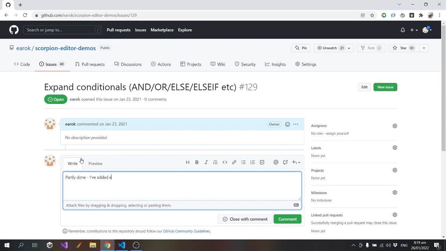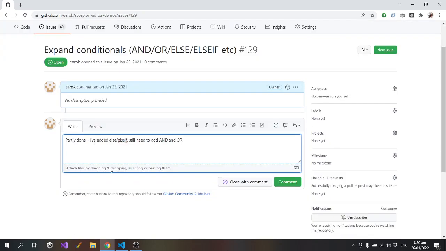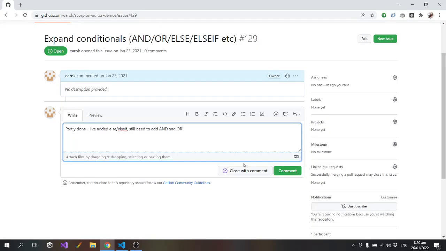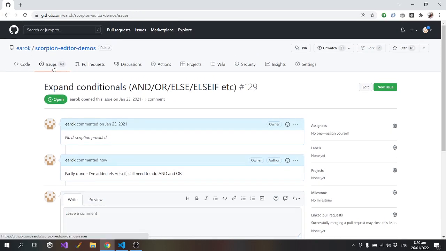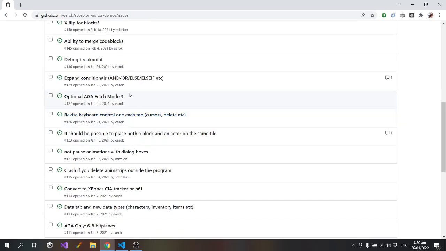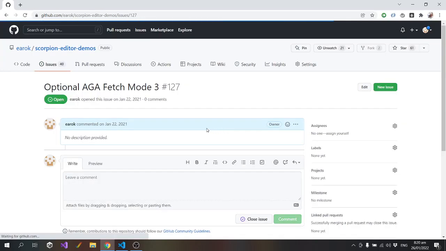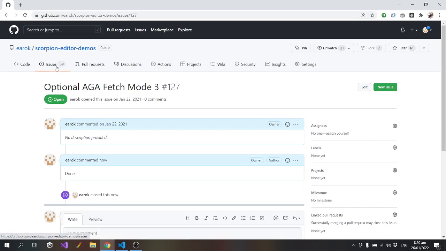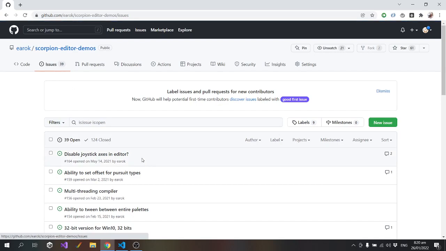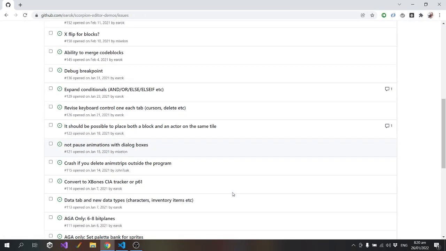I've added else if, still need to add and, or. So I'll just comment that. Fetch mode 3 is done. I think. Yeah, yes, it is done.